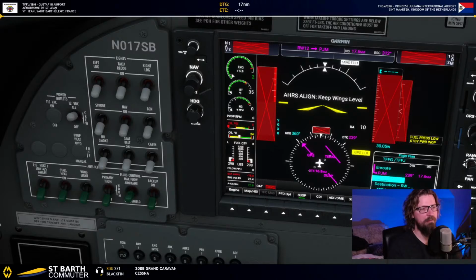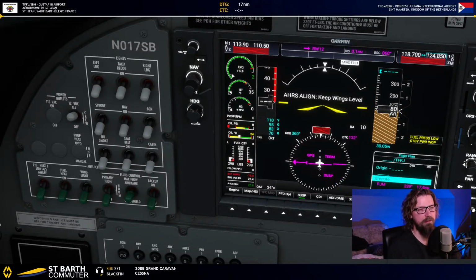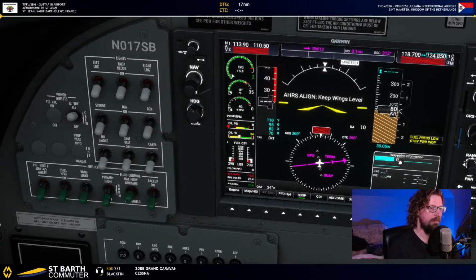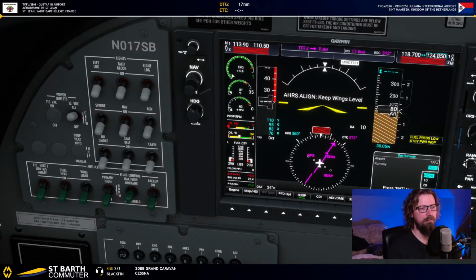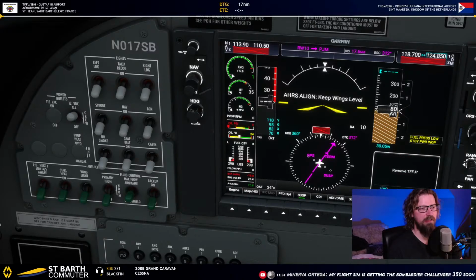The flight plan, we're going to be going Papa Juliet Mike en route, but we need to change our origin. Let's go clear. Enter. And origin is going to be right here. Tango Foxtrot Foxtrot Juliet. Enter. And we're going to be taking off runway 10. And then destination is going to be